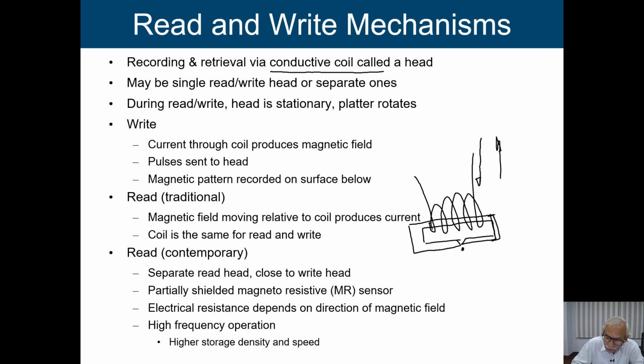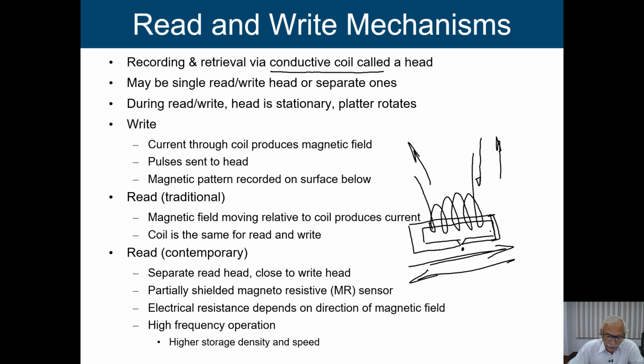Secondly, say through this coil we have an iron core. If we move this iron, then what will happen? Current is generated. So it is going to generate electrical current in this coil. Depending on the direction of the current, we are going to interpret our information. So this is the mechanism that we are going to use.